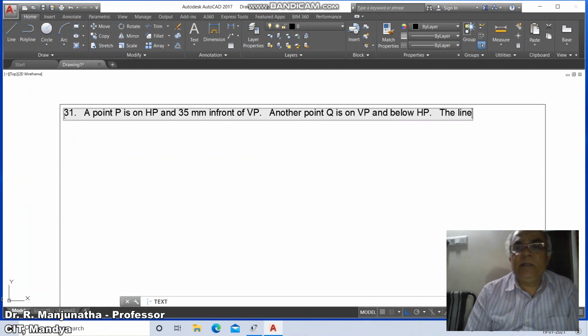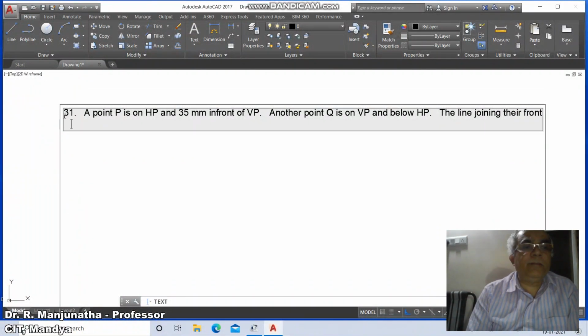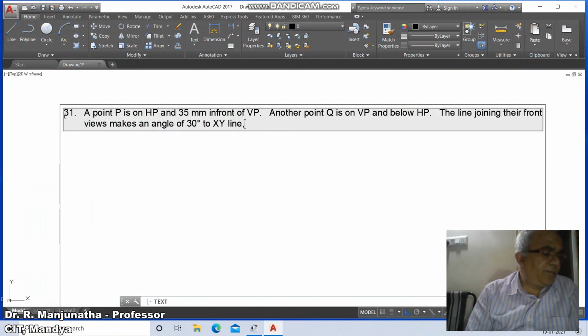The line joining their front views makes an angle of 30 degrees to the XY line. Use percentage percentage D to get the degree symbol.